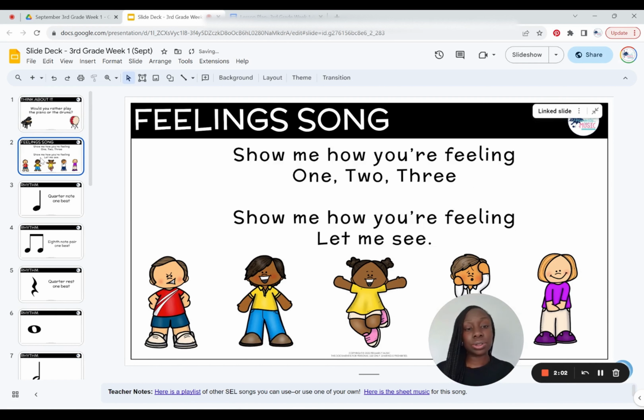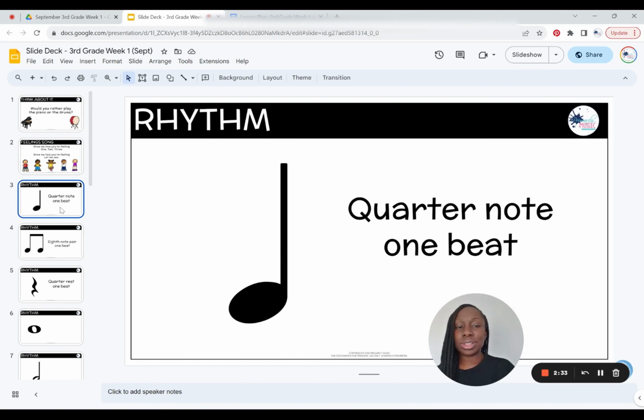And then again, still the same fill-in song. I think even in the upper grades especially, it's still important to gauge how they are feeling that day, because it will affect their performance in the class. And it also gives you a good way to keep an eye out for students who may need a little bit more love in that class. All right. So after we have done the think about it and the check-in, then we do our rhythm review.